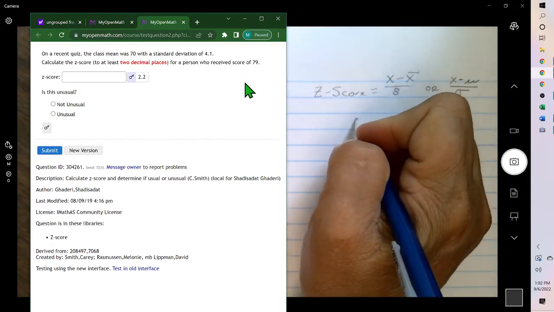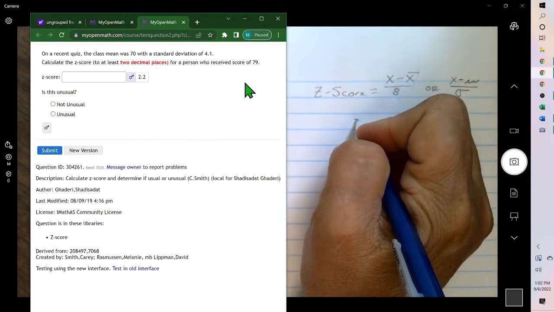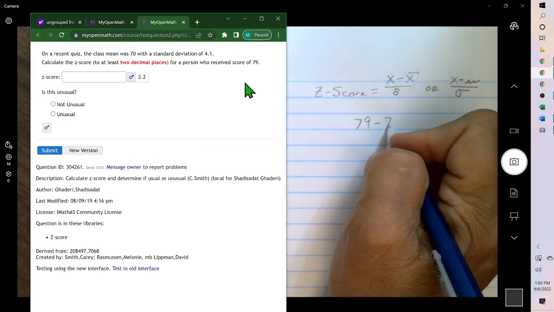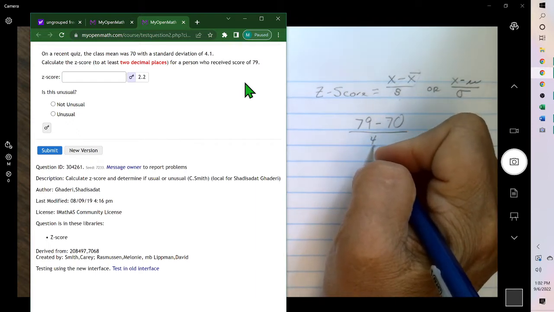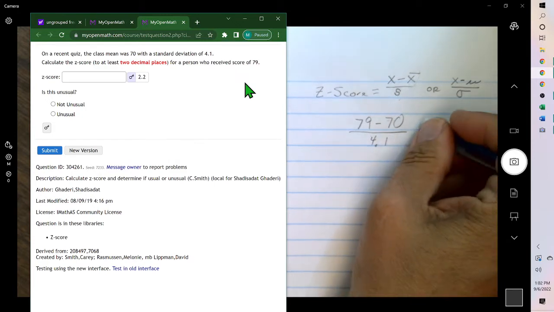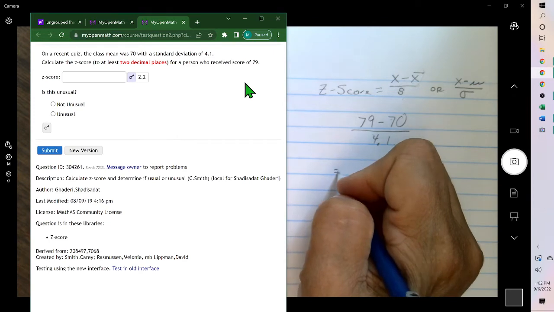So we take our score, which the person who received a score of 79, minus the mean, which was 70, divided by the standard deviation, which was 4.1. Just keep working down. And when you get that,